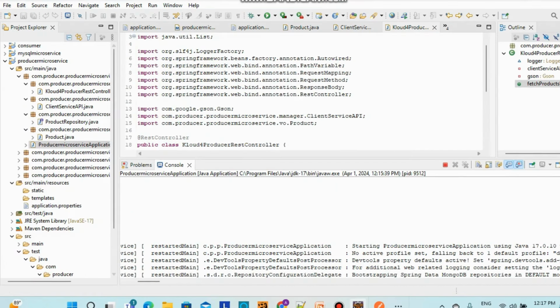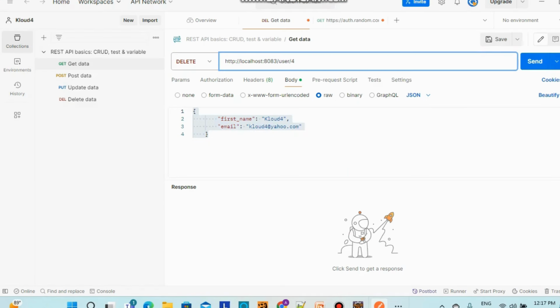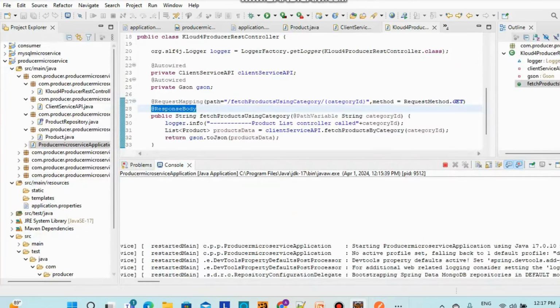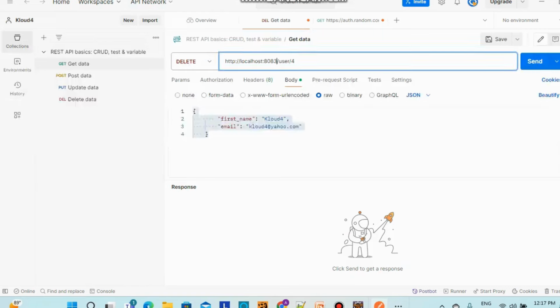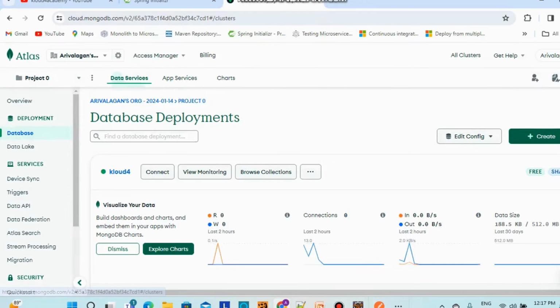Now I'm going to hit this API, right? So I just added user 8083 and the API name is this one. Slash path category. What is the category? You can go here, click database, browse